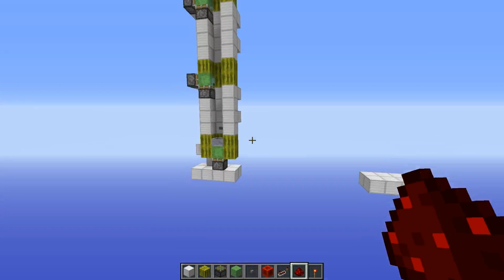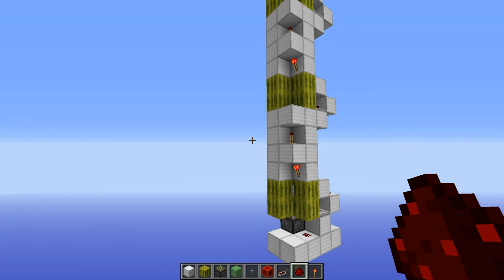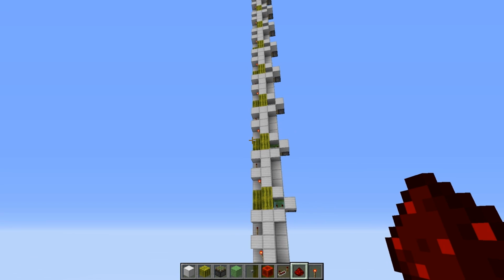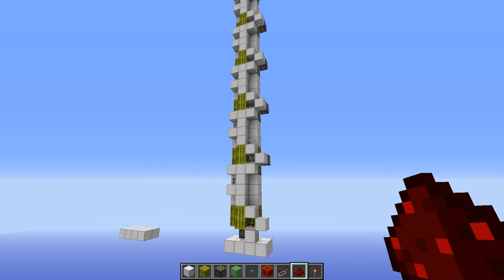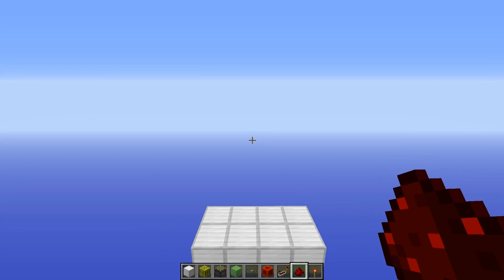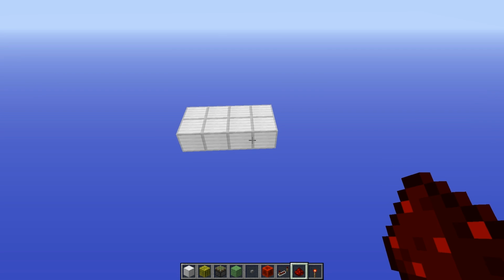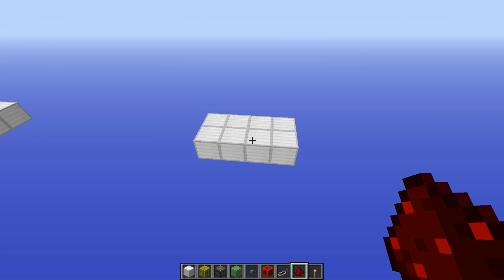Okay then, so we're in a creative world here. We've got a copy of the elevator. You can see how compact and simple it is to build, but let's actually build it and go over the finer details. So you're going to need an area 2x4 to build in, and the first thing we're going to